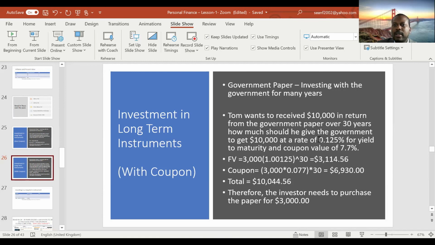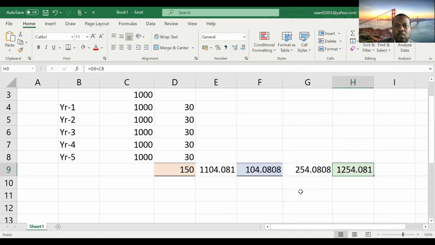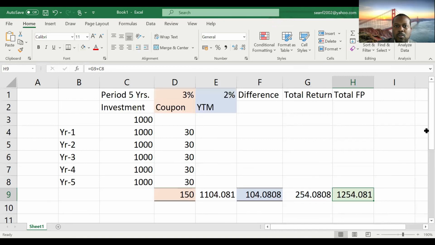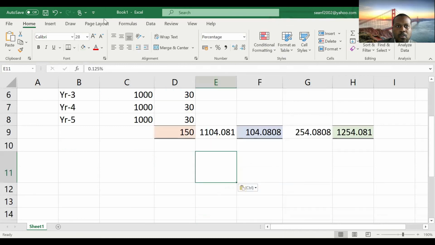Okay, let me copy this. It's not being shown because it's in a